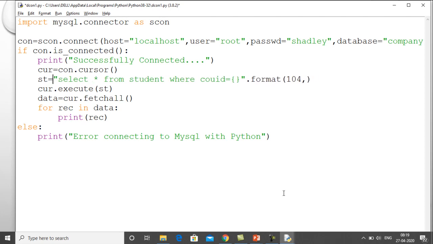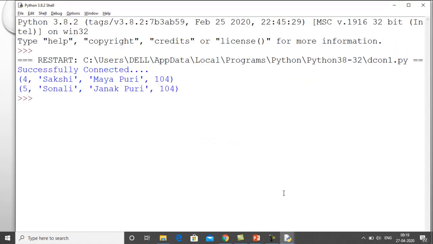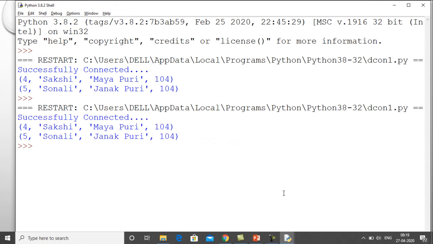Okay, let me see, when I put a comma at the end of this 104, whether this command will execute or not. So I simply press F5, and now you can see that we are getting the records of those students who are studying in basically the 104 course ID. Okay, so this is basically the concept.